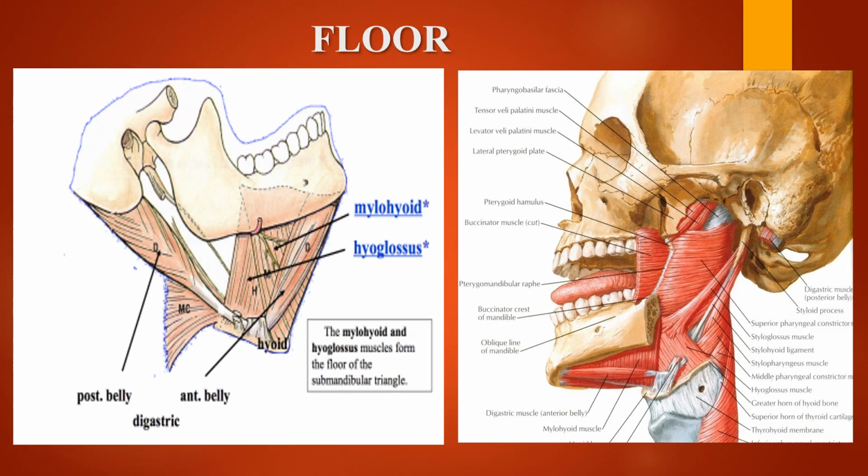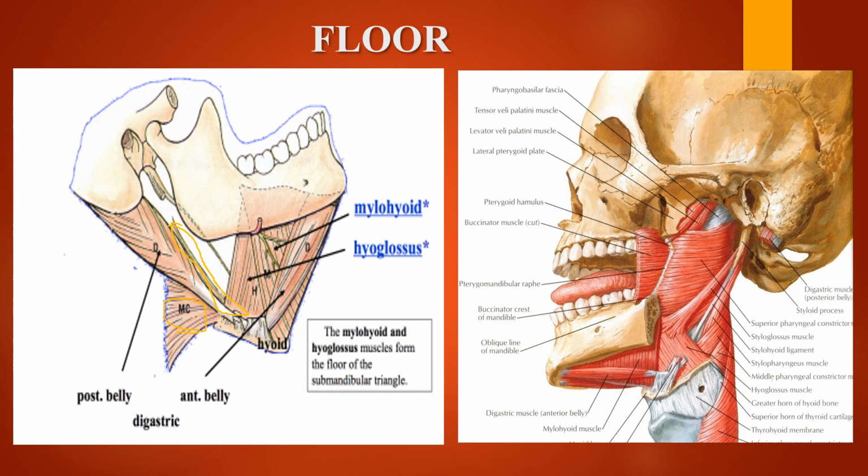The floor is formed by three muscles, mainly contributed by the mylohyoid muscle and the hyoglossus muscle. The mylohyoid muscle is anteriorly placed and the hyoglossus muscle is lying beneath the mylohyoid. Partially it is covered by the mylohyoid muscle and the remaining part of the hyoglossus is only exposed. There is also some part of the middle constrictor of the pharynx contributing. If you see in this diagram, you can see this part. Yes. Can you see? So some part of the middle constrictor of the pharynx is going to contribute in forming the floor of the digastric triangle.